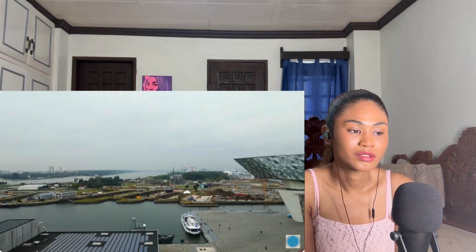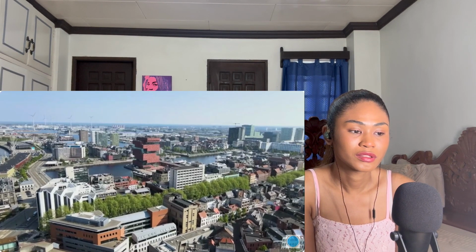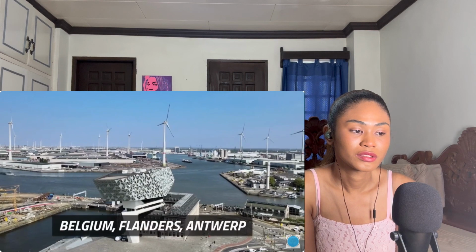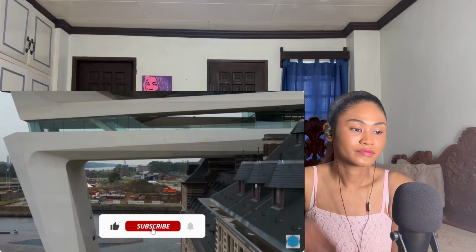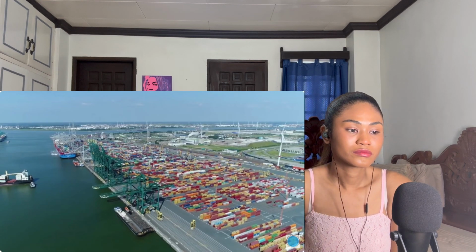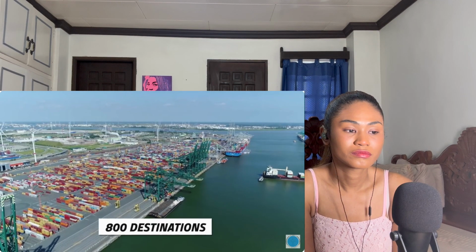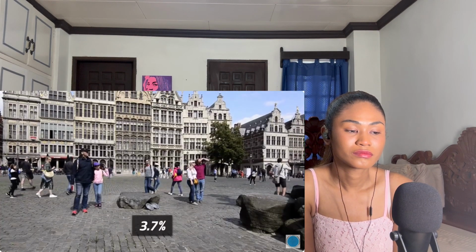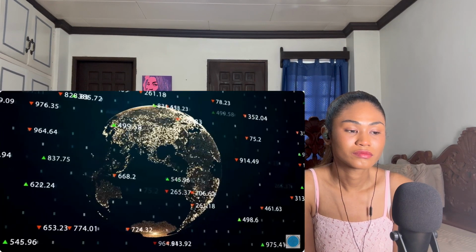The 129,000 square foot seaport is located in the most populous city in Belgium, Flanders, Antwerp. Its placement in the center of northwest Europe allows the port to connect to other powerful European ports. More fascinatingly, it connects to other ports located far from Europe, with a reach of over 800 destinations. About 3.7% of Belgium's population has a job thanks to the port,